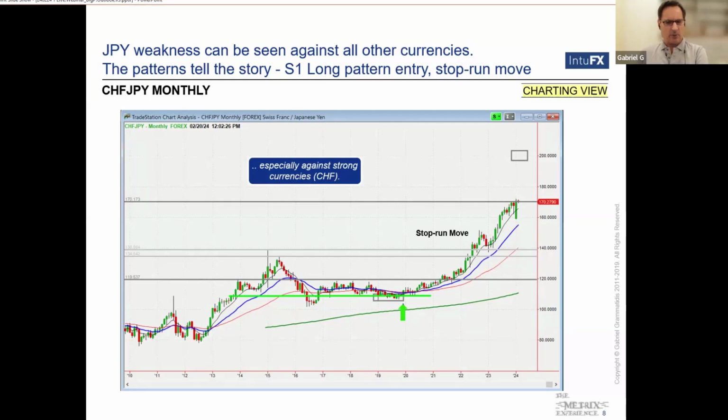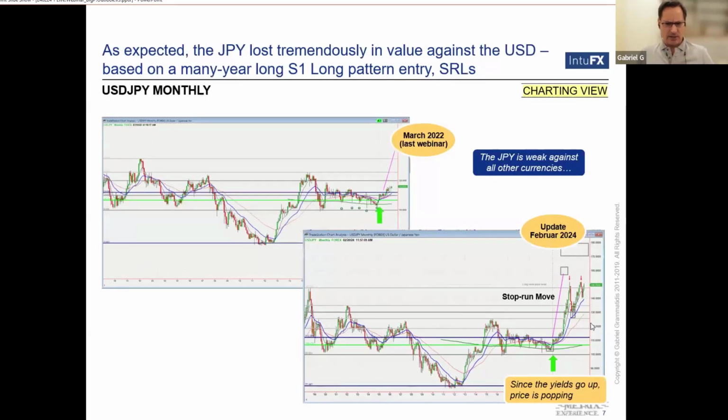It can be nicely seen we're cutting through stop run levels. We talk a lot about stop run levels as we talk about patterns. This was a stop run level. This is the stop run level, and this is the stop run level. And we can see how price, with a lot of force, right, goes through these levels. And typically we get a consolidation, then it continues, we get a bigger consolidation, and then it just continues with the trend.